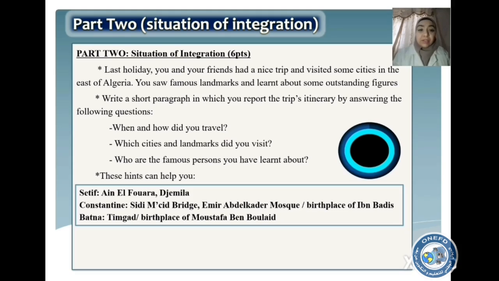Sétif, Ain al-Fuwara is beautiful. Constantine, Sidi M'Cid Bridge, Emir Abdelkader Mosque, birthplace of Ibn Badis, Batna, Timgad, birthplace of